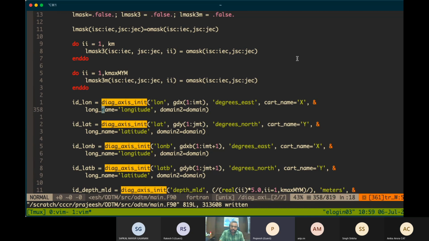What you're seeing now is from ODTM. You can see that we are defining an axis longitude, then we are defining an axis latitude. So we'll just copy this from here.